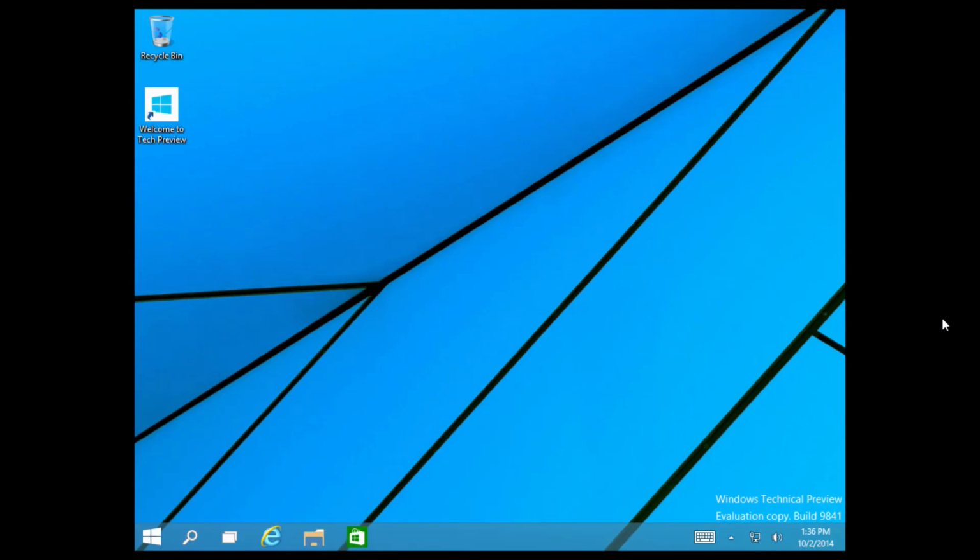Alright, so here we are at the Windows 10 Technical Preview desktop, and it looks sort of the same and at the same time very different. First of all, down here we have the classic Windows Start button, this new search option, and this new thing which is called Task View. Now I will go over all of these things, but first of all, let's take a look at